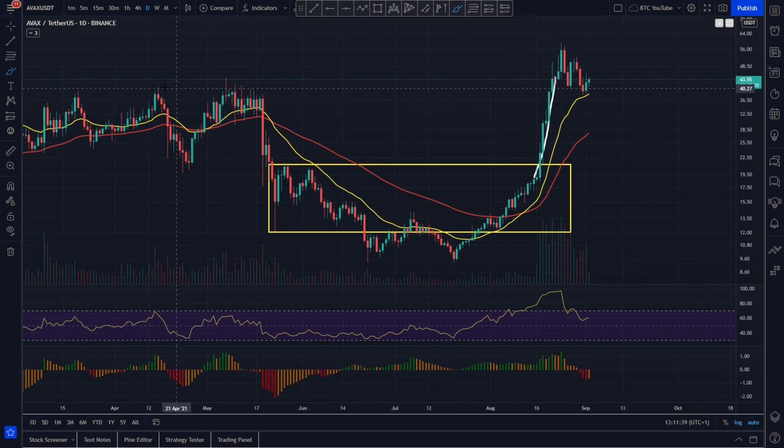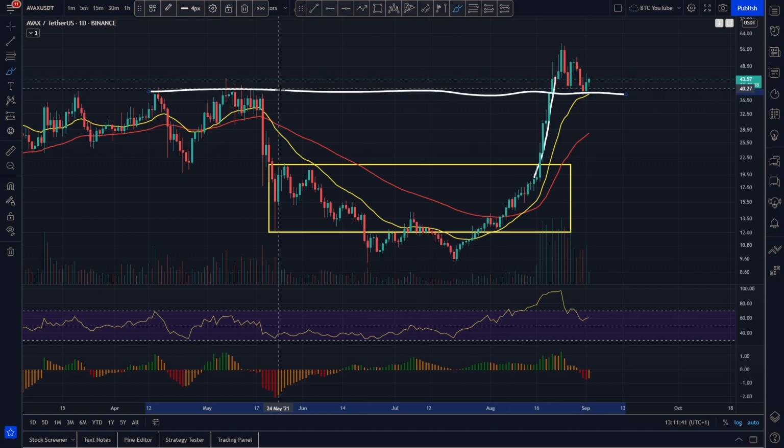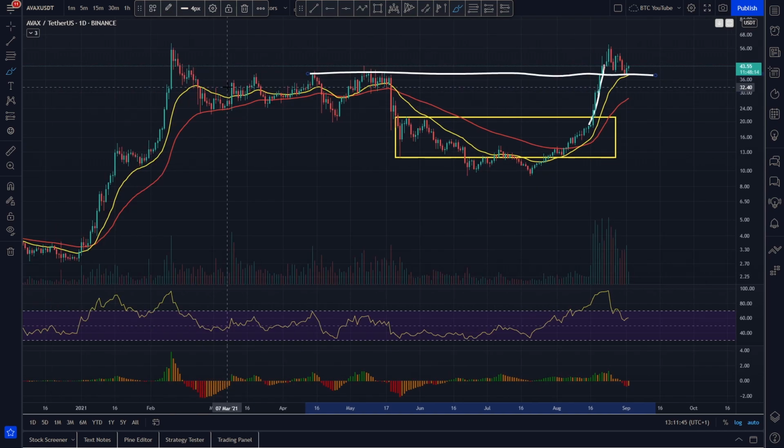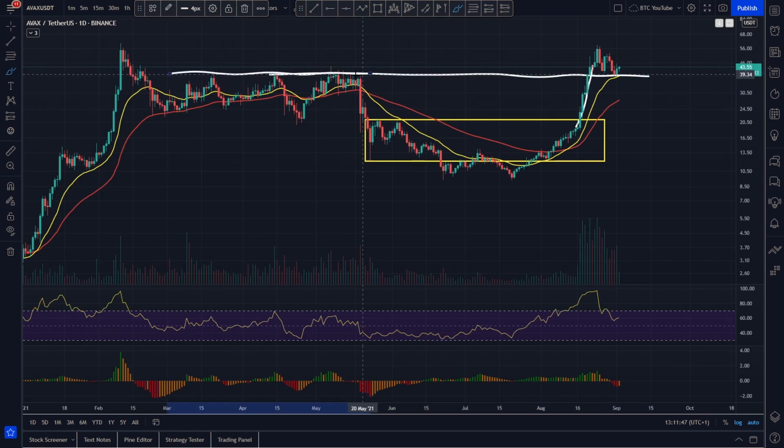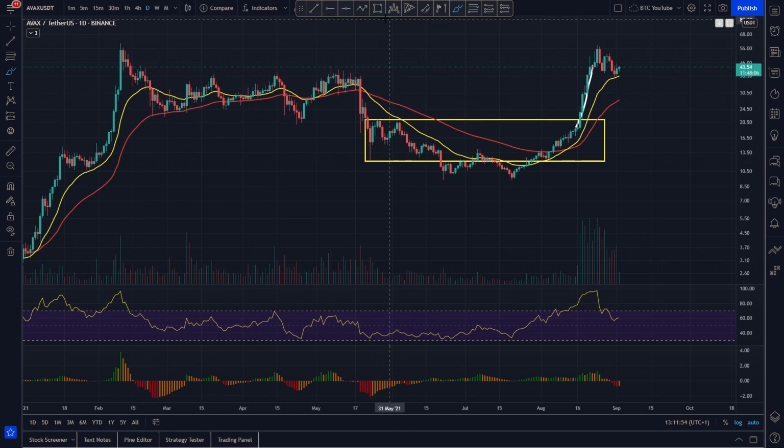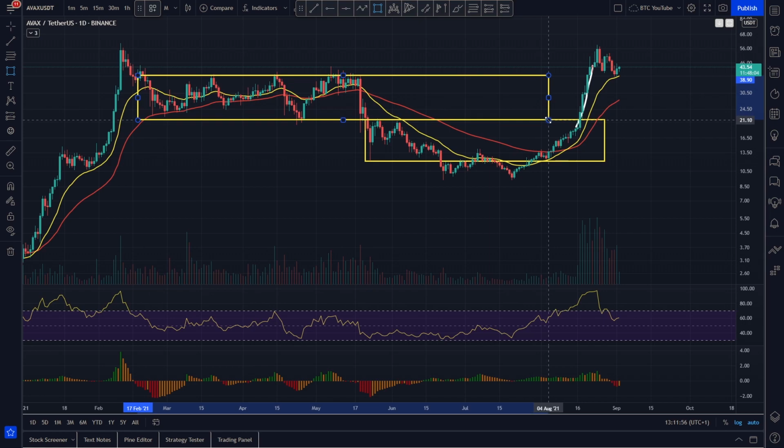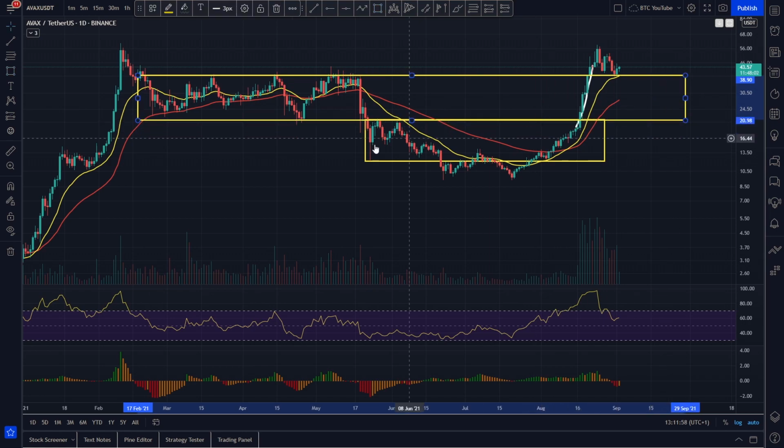And what we've done is we've actually come back down, and it looks as though we are bouncing on the 20 moving average, coinciding nicely with this previous swing high level here at about $40, which does look as though it has been acting as a decent bit of resistance for Avalanche for a while. You can see it's been ranging, looking something like this before it did have that dump to the downside.